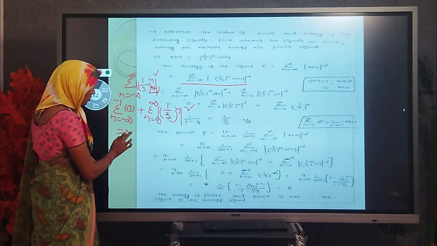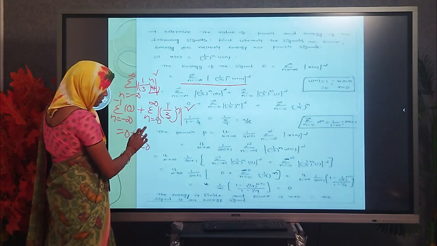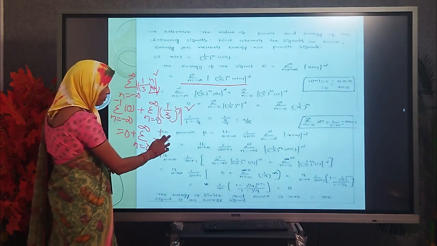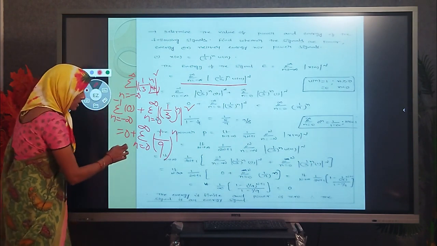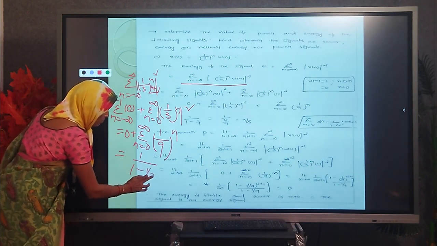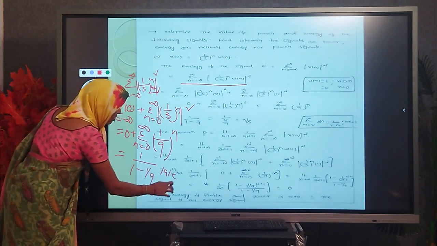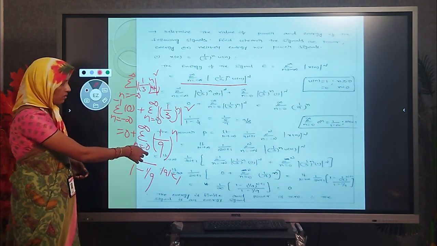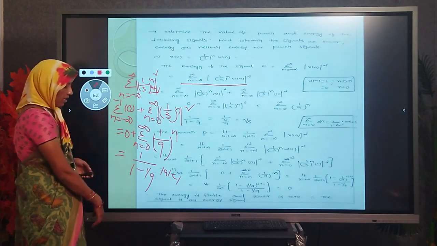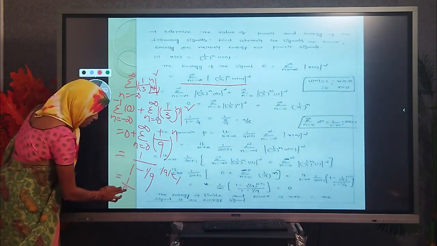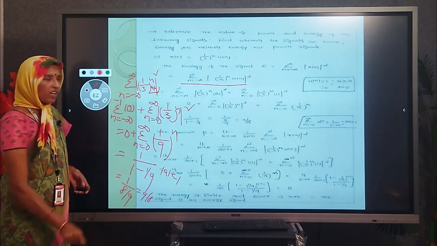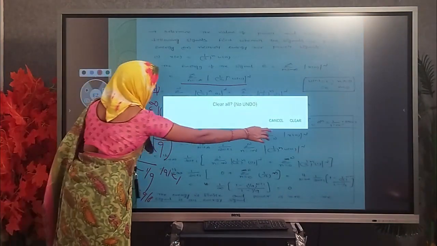So the first term becomes 0 and the rest is summation of n equal to 0 to infinity 1 by 3 power n whole square, which means 1 by 9 power n. So it is in the form of summation n equal to 0 to infinity a power n, whose value is 1 by 1 minus a if a is less than 1. Here a is 1 by 9, which is less than 1. So we can write 1 by 1 minus 1 by 9, and our answer is 9 by 8. So that is a finite value. E is finite.